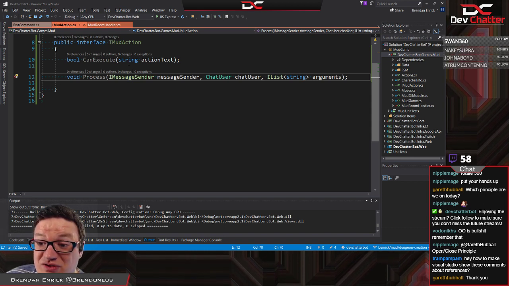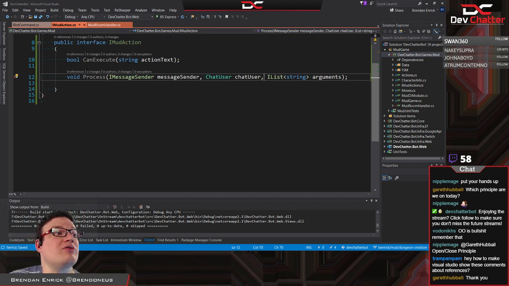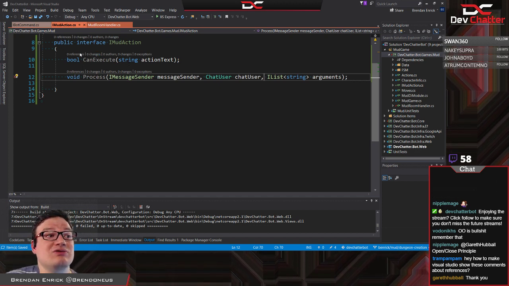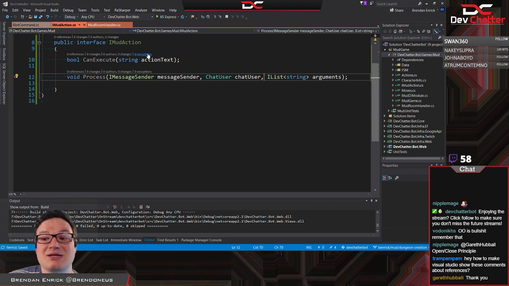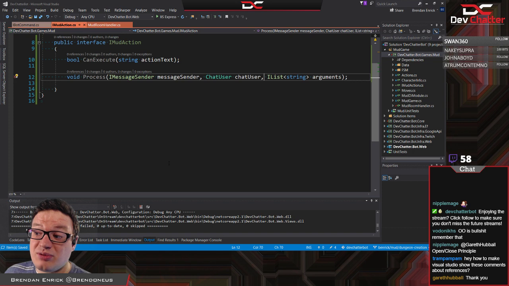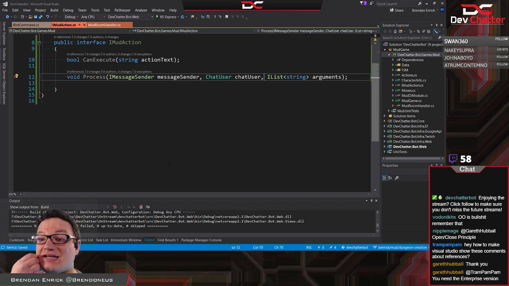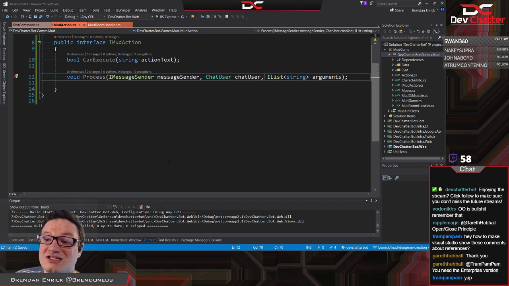Hey, how do you make Visual Studio show those comments about references? Oh, these! You're talking about up here where it says references, changes, authors, and exceptions? That is actually part of a feature called CodeLens, and yes, as Gareth says, part of the Enterprise version only.